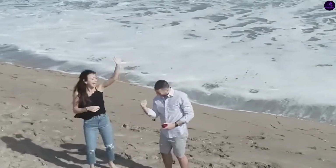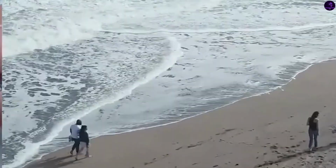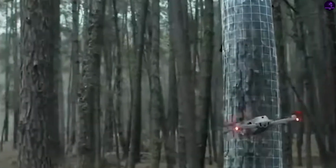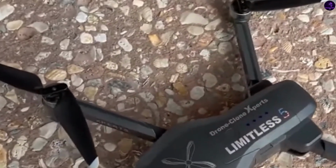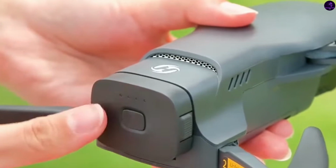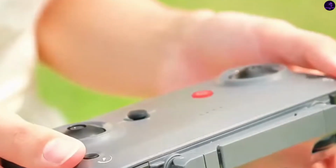Professional users will appreciate the expanded SDK that now integrates with Adobe Premiere and DaVinci Resolve for seamless workflow. However, the $2,499 price tag and complex setup process keep it firmly in the prosumer category. The lack of foldable arms also makes transportation slightly less convenient than competitors. Number 1. Holystone HS900. Holystone's HS900 emerges as 2025's most impressive value proposition, offering pro-level features at half the price